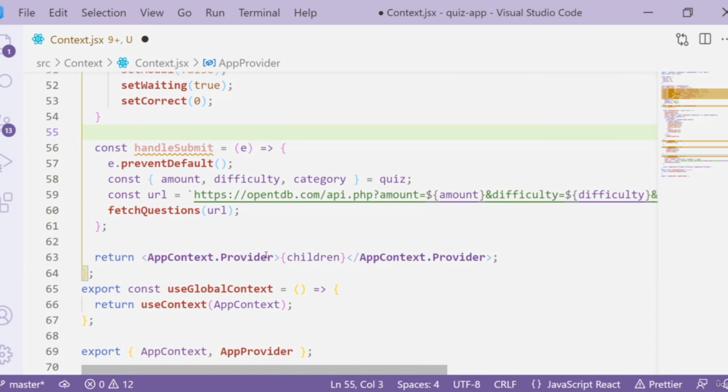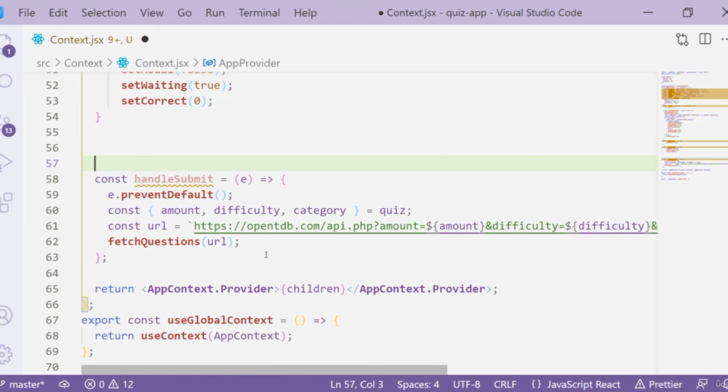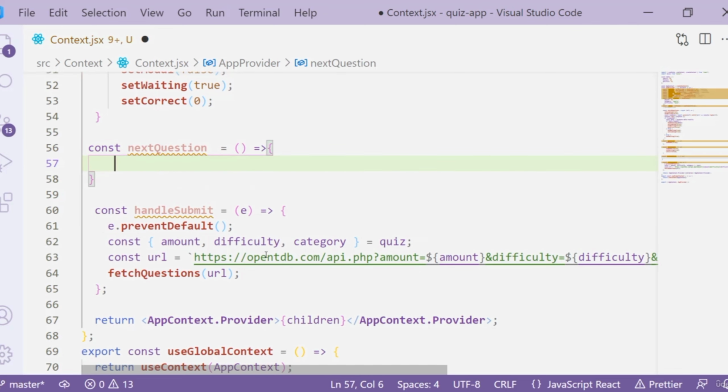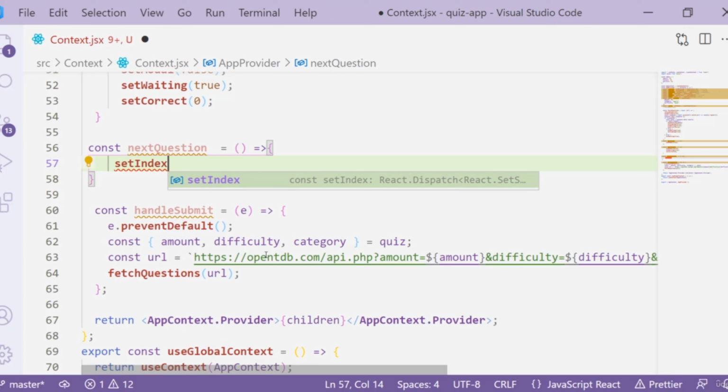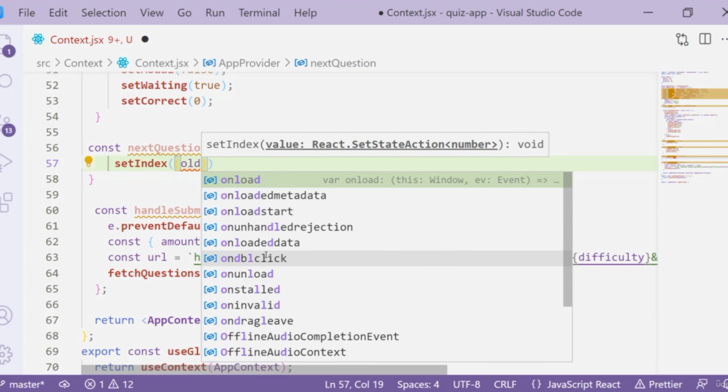Now we'll be setting up another method, the next question method, which is going to handle our data of set index and opening our modal. So const nextQuestion. As the name suggests, it is self-explanatory: it is going to be called on every next question. This again is going to be an arrow function, and it is going to set our index. It takes oldIndex as a parameter, so basically it's taking a previous value,